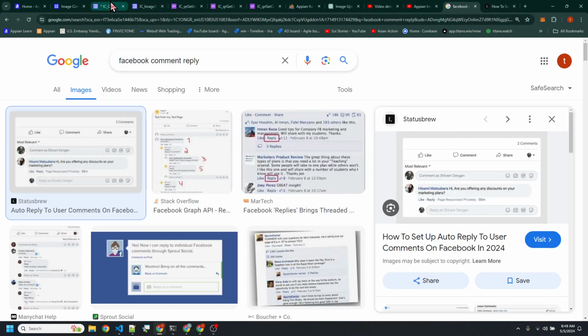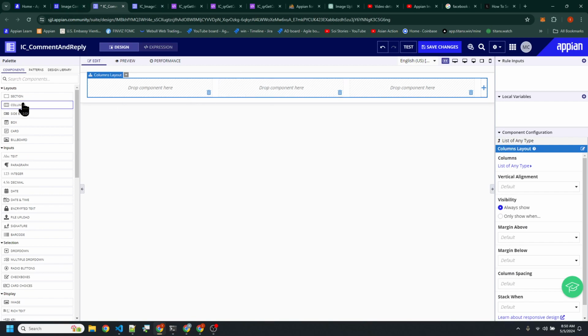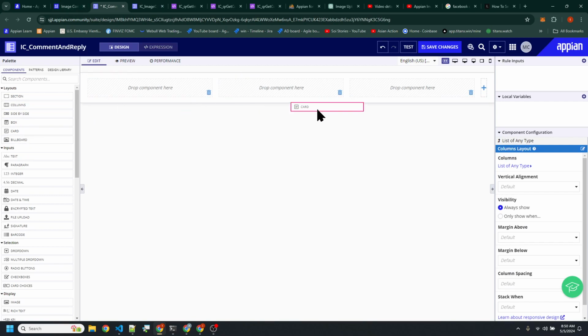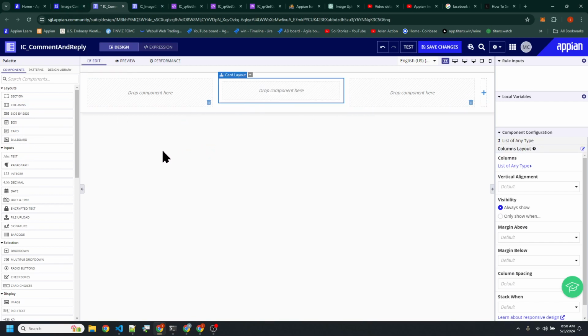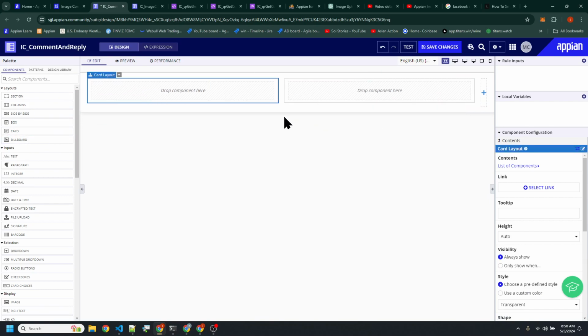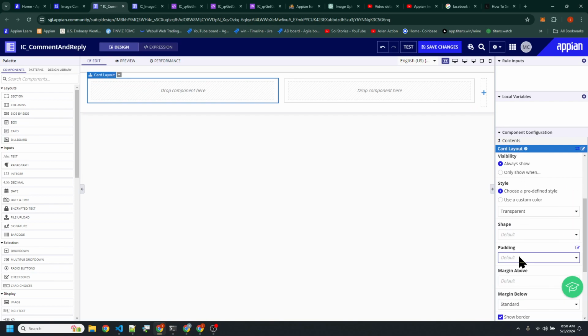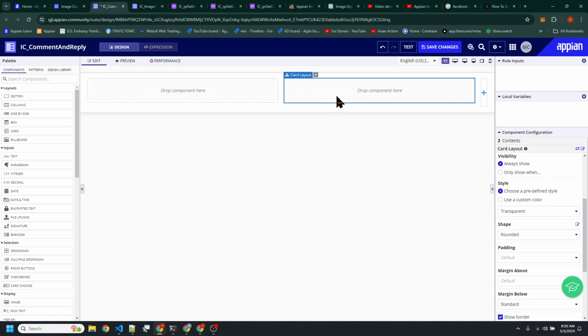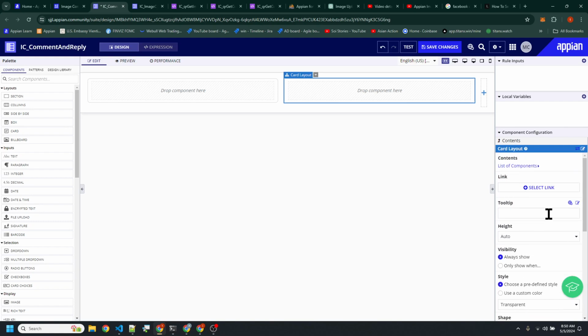So here we're just gonna say, I want a card in here, and I also want a card in here. And I'm gonna delete this one, and then I'm gonna make this one smaller, right? I'm gonna make this shape rounded so that it's a little more on the side of modern.